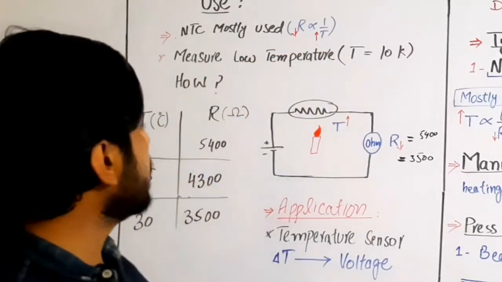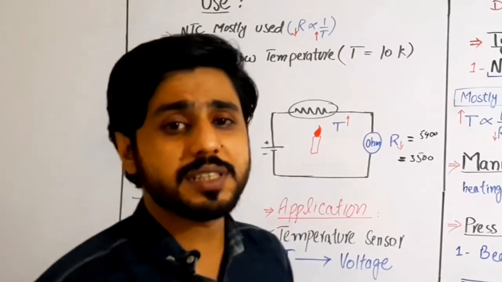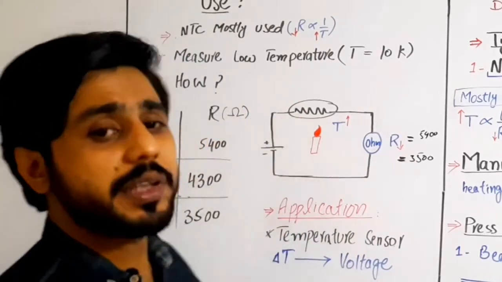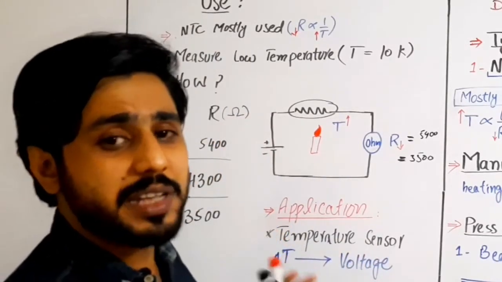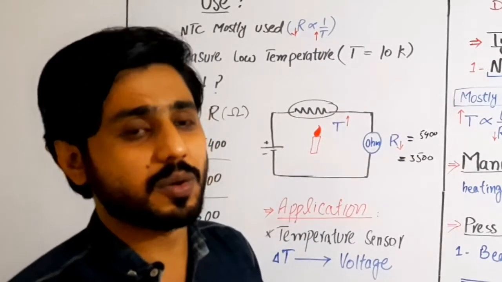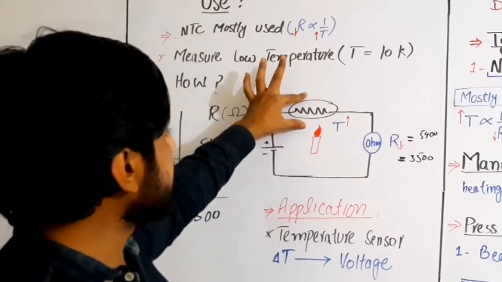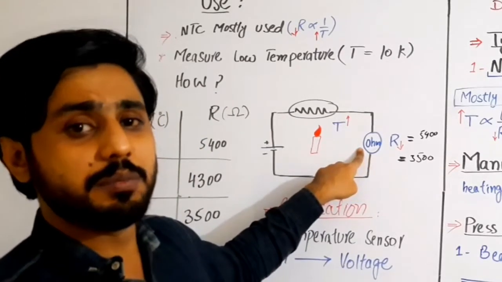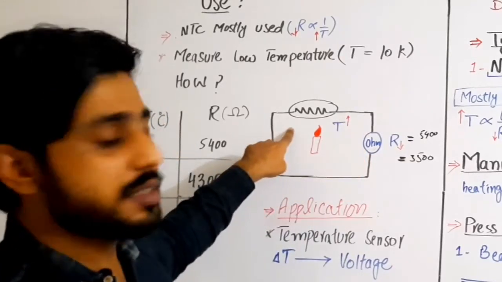Now we will discuss here how it can measure low temperature. Students, you know physics is about why and how. So we will discuss how it can measure the very low temperature. This discussion is not mentioned in our book, but I explain it for your concept and general knowledge. Here this is a thermistor which is connected with a battery and an ohm meter. The purpose of the ohm meter is to measure resistance, and the battery will provide it current.